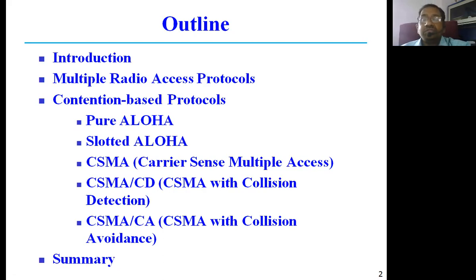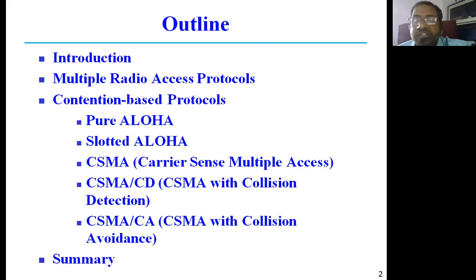Okay, so let us go with this now. First of all, we just have a glance at what we already discussed in the starting: the introduction to multiple access techniques, and why we use them. Whenever we want to have communication for multiple mobile stations, we normally go with multiple access techniques. The situation is when multiple mobile stations want to access the scarce resources of a base station, then we implement these multiple access techniques. That is the basic introduction which we already saw.